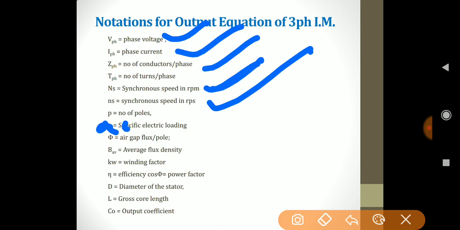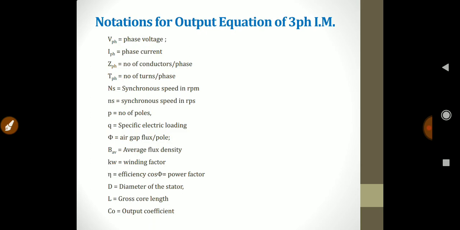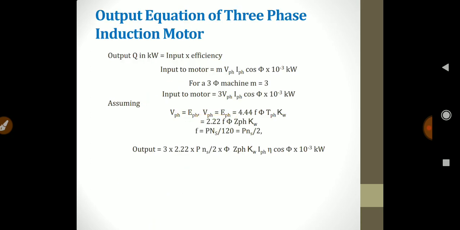Further, phi is the air gap flux per pole. BAV is average flux density, which is also considered as specific magnetic loading. KW is winding factor. Then efficiency, and cos phi is power factor. D is diameter of stator. L is gross core length, and C0 is output coefficient. So all these are just the notations. We're going to see how to use these notations in the coming derivation, that is the derivation for output of a three-phase induction motor. So to start with the output of a three-phase induction motor,